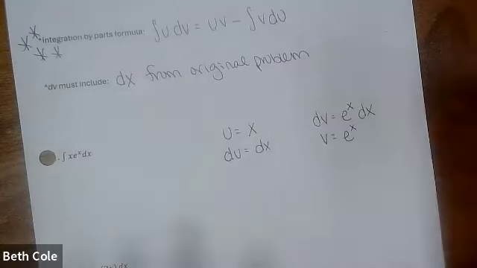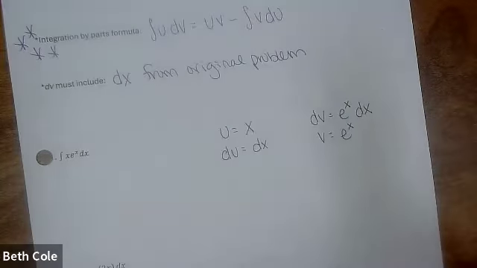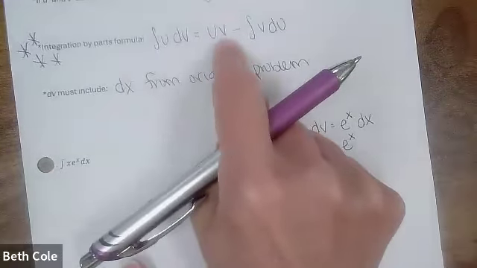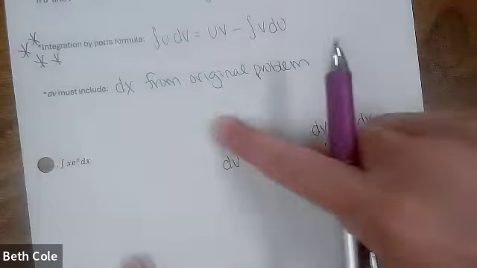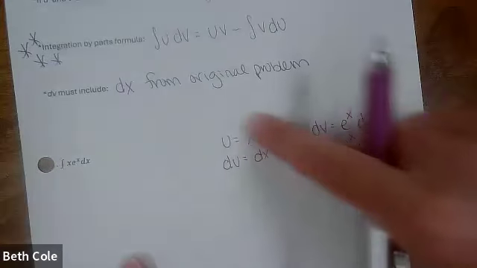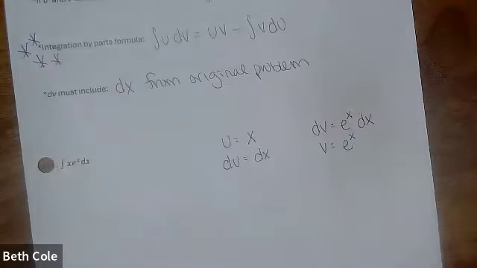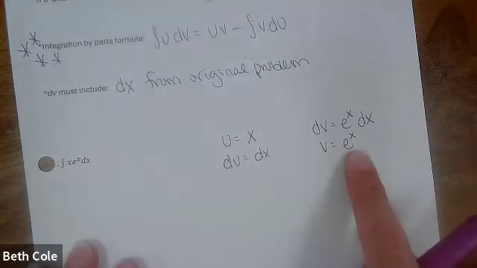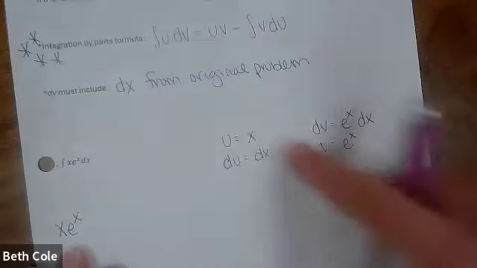It's itself. Okay? Now, if you set it up like I'm showing you here every time, look at the first part of your formula. Do you see how it's u times v? If you set it up like this every time, you can remember that the first thing you're going to put is kind of like this diagonal here. Do you get what I'm saying? If you're just staying organized and if you just write things everywhere, that's not going to work. But it's going to be x times e to the x. All right, cool. We got x e to the x. It's going to be like that diagonal